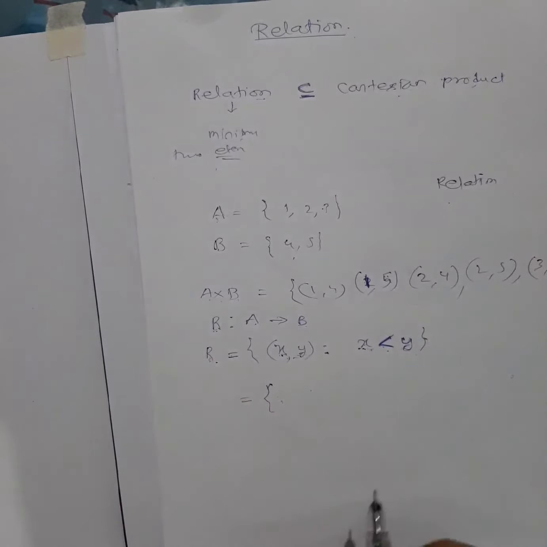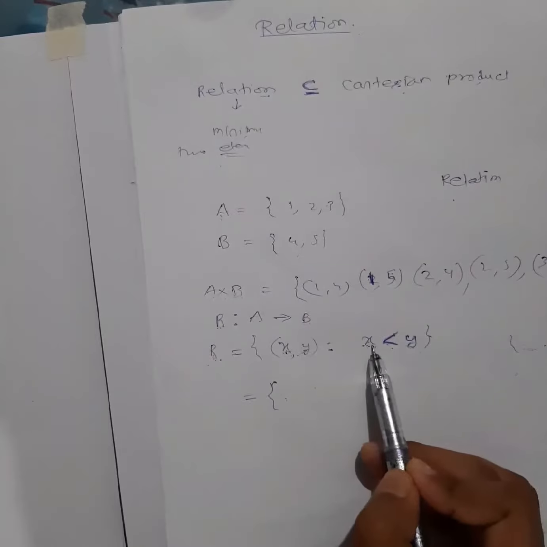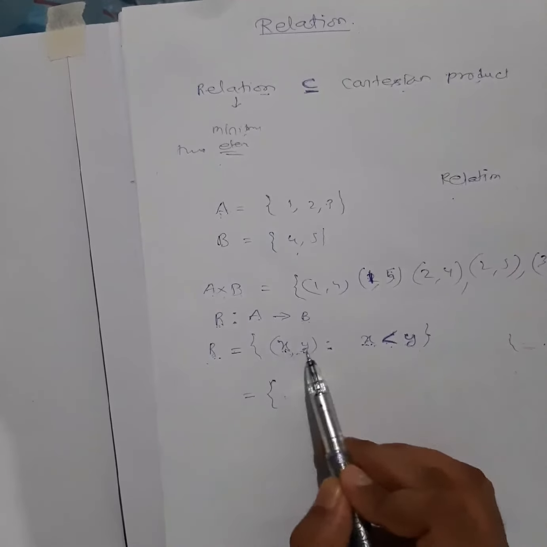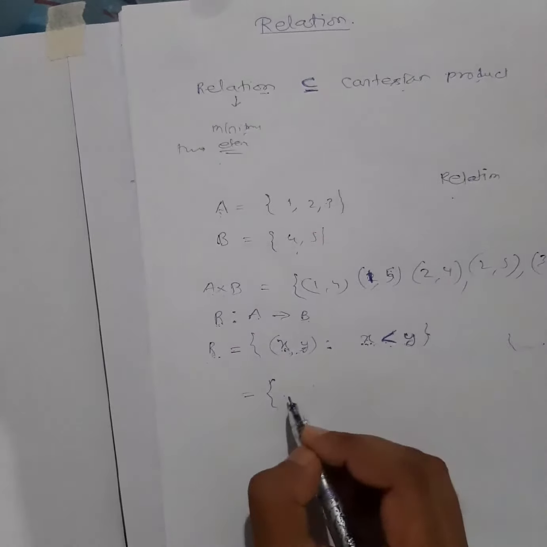Okay, so when I write a relation set, we understand that in a relation you will have a collection of those elements where there will be a relation. So relation between what? Between the elements, right? So whatever ordered pairs you will have in this relation set, I understand that the first and second element will have some relation. So now the relation I have defined. What is the relation here? X should be less than y. This is the relation between the first element and the second element. So what will be the elements here? From here only I will take, because the relation is defined from A to B. So in this relation set, the first element will be from the first set, the second element will be from the second set.